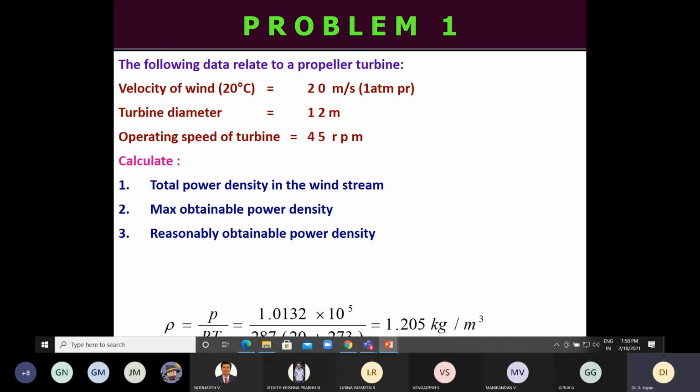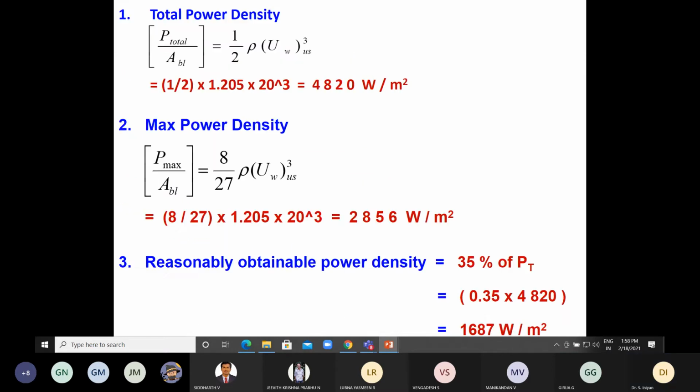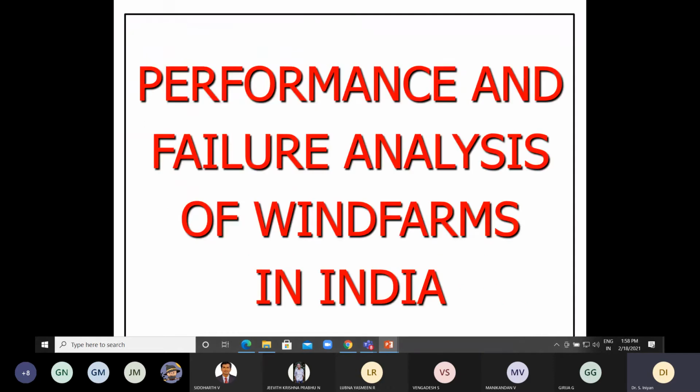So the R value remains constant, 287, right? Gas constant, and temperature 20 degrees converted into Kelvin. P is 1 atmospheric pressure, 1.0132 into 10 power